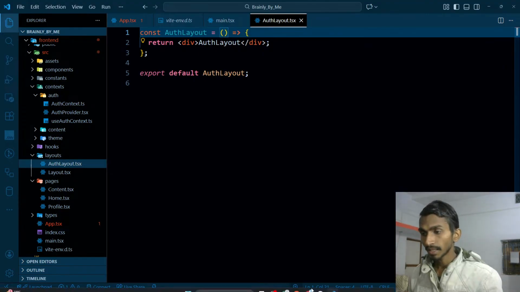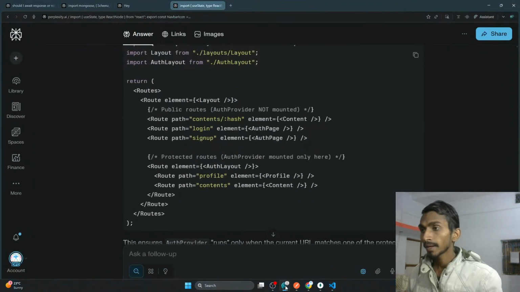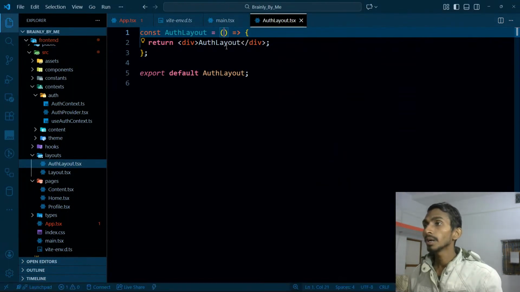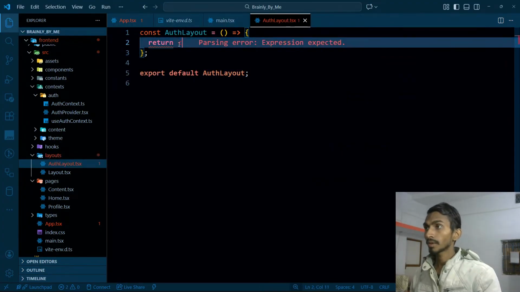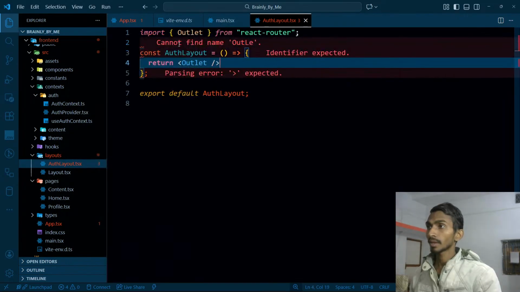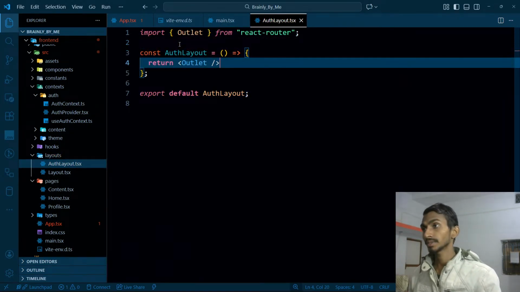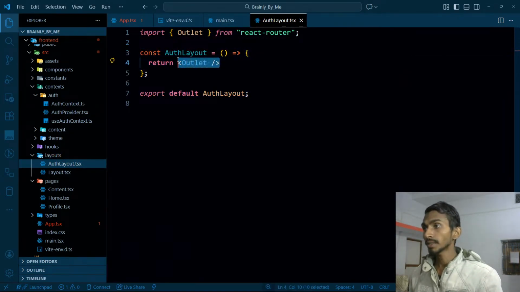Have a look at that, exactly how the things are being done. Once I have my auth layout, I will be just sending the children inside that. That means I will be getting inside the outlet and all. That simply means I will be returning my outlet like this, but not just this. When it comes to these outlets,